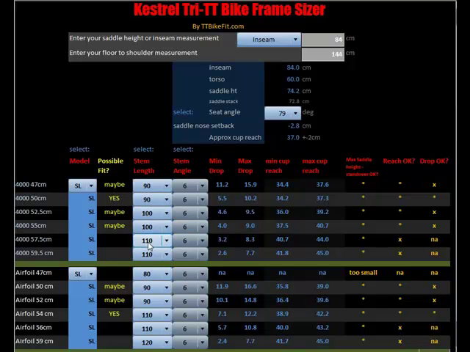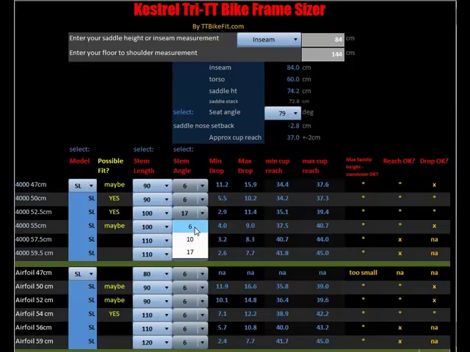So for instance, if you are looking at a 4000 and you know that your drop needs to be, say, 12 centimeters or so, you could be looking at this and you see there's a maybe, and you can see that the maximal drop isn't going to get you there. Well, let's try a 17 stem, which is a flat stem, and then we're down to 11.4 centimeters, so that's close. We can get this even lower by using the SE aero bars, the lower bars, and we can see that you can get the drop all the way down to 13.4. So this is how you can play with some of these